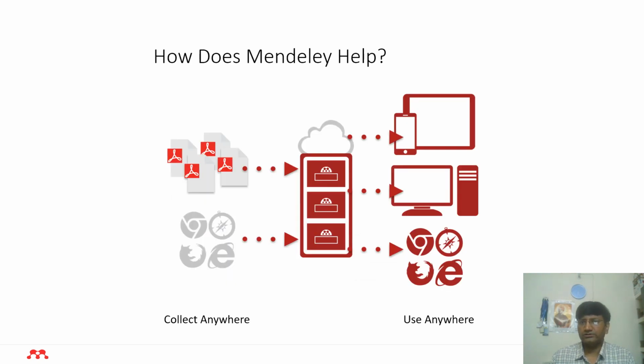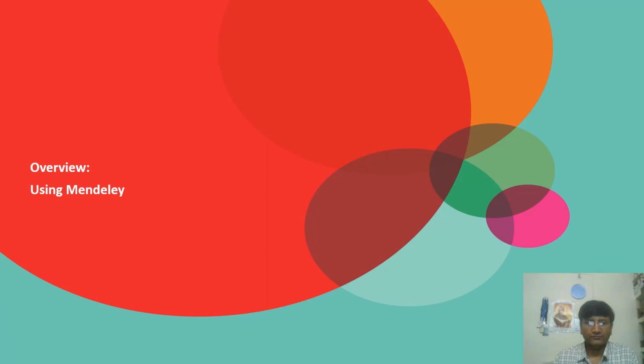Mendeley acts as a repository for your reference information. You add papers to your library by importing PDF files stored on your computer or by retrieving them from other locations like online catalogs such as Science Direct, Scopus, PubMed, PLOS, SciFinder. You can use anything where you can export references in CSV format or RIS format, and you can import them in Mendeley. You can add manually also.